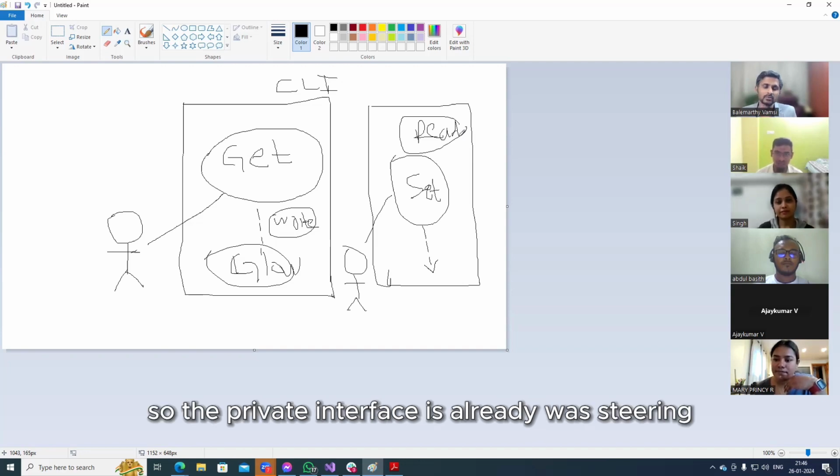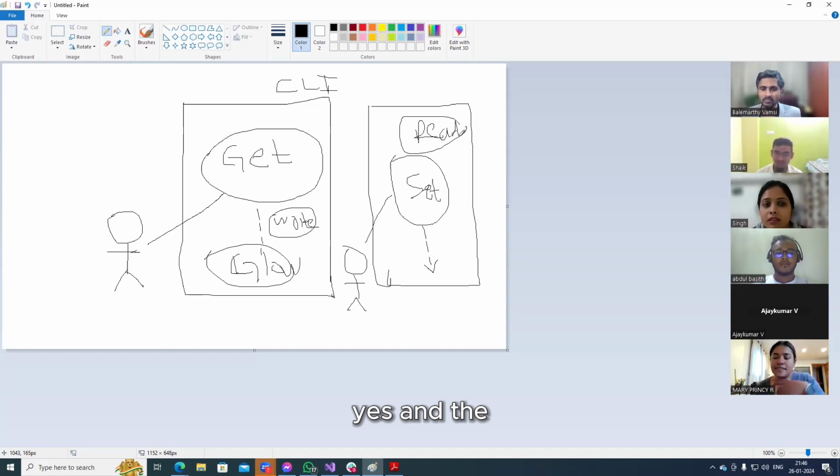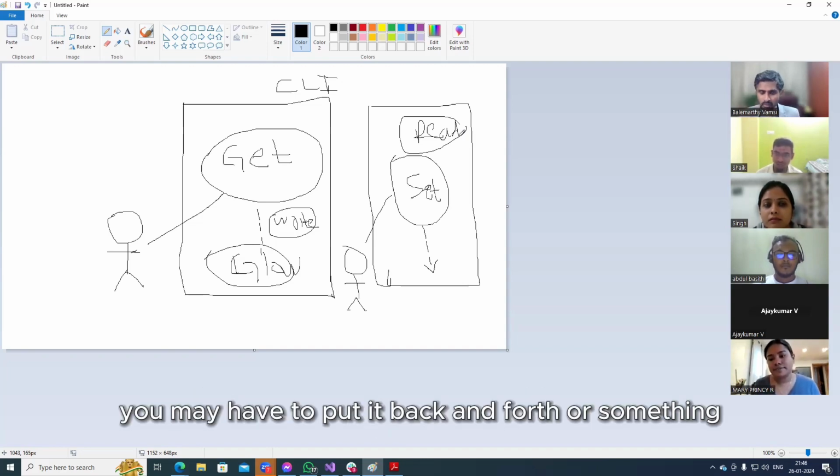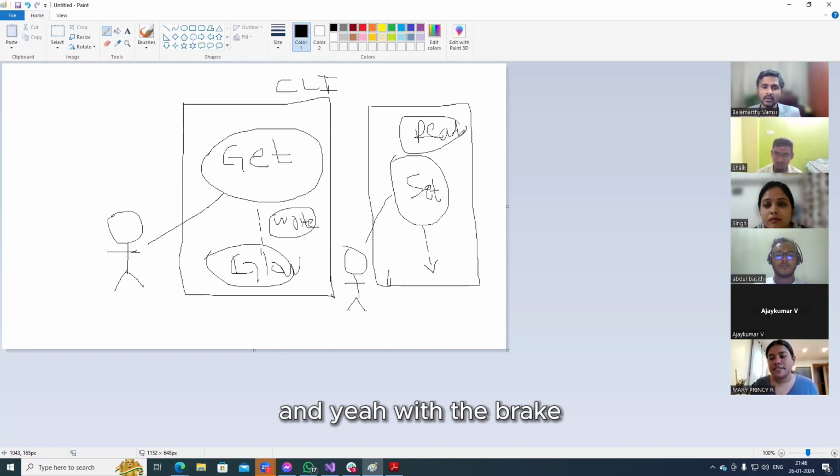Okay, so the primary interfaces are your steering, and the gear, obviously, when you want to reverse you may have to put it back and forth. And definitely the brake, and the accelerator. So those are the interfaces.